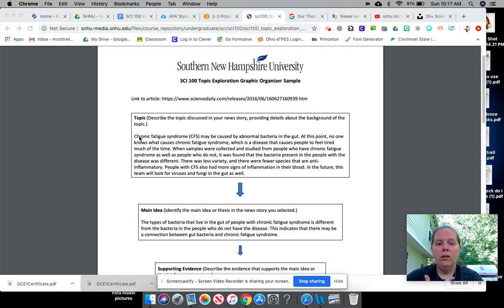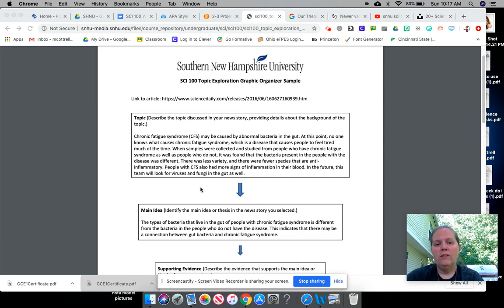So if my article is about chronic fatigue syndrome and it's claiming that it's caused by an abnormal bacteria, here at the end is where I'd want to put my author and date in APA format. Okay, so that's just kind of an example of a claim that my article supports.